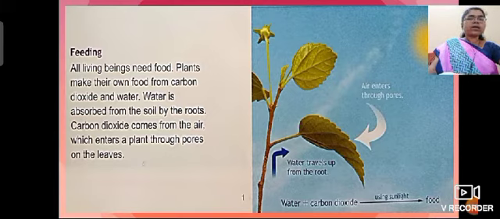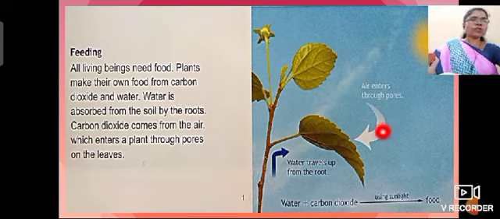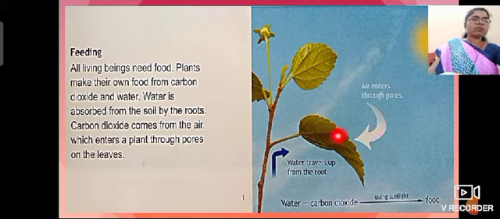Here, all living beings need food, but plants make their own food from carbon dioxide and water. Water is absorbed from the soil by the roots, and carbon dioxide comes from the air, which enters a plant through pores on their leaves. Okay, you can see here in the picture, sunlight falls on the leaf and air enters into the leaves,